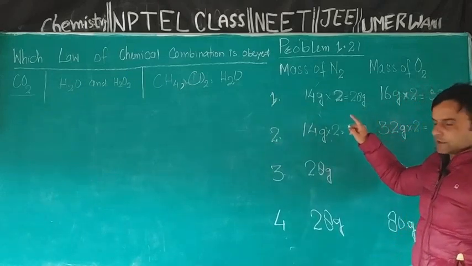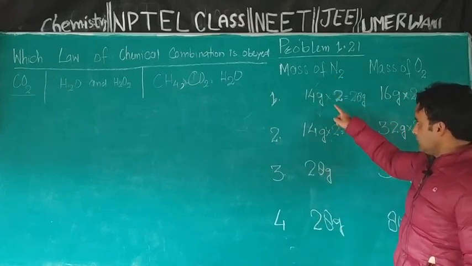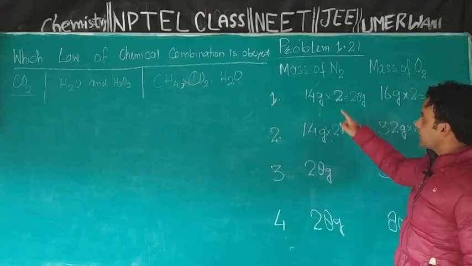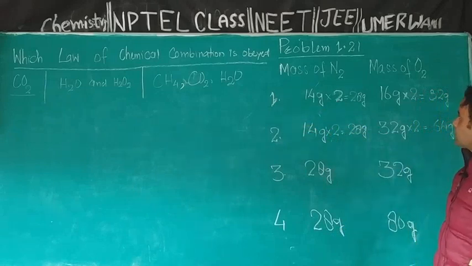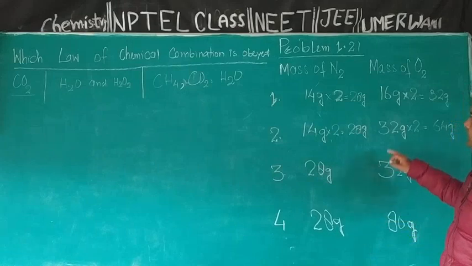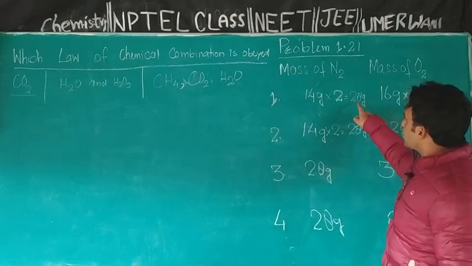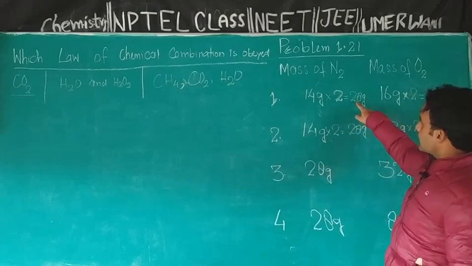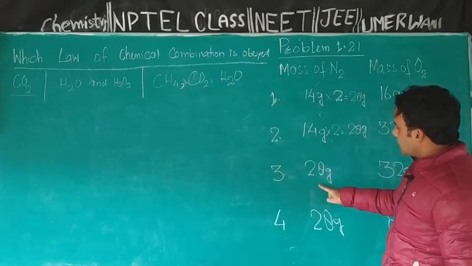For that I used the idea that I will fix the reacted mass of nitrogen in all 4 compounds. For that, I multiplied the reacted mass of nitrogen by 2 in compounds first and second, and for maintaining stoichiometric amounts, I was bound to multiply the reacted mass of oxygen by 2 as well in compound first as well as in compound second. This way I am able to fix the reacted mass of nitrogen in all 4 compounds. Now see, the reacted mass of nitrogen in all 4 compounds is 28, 28, 28, 28.